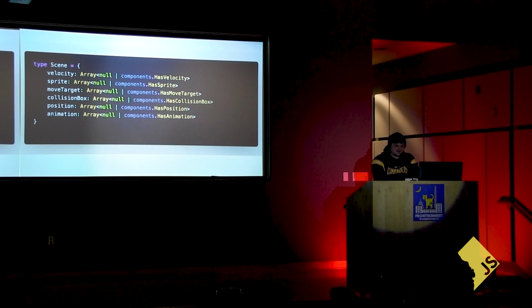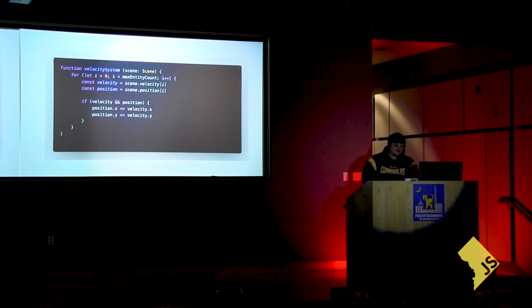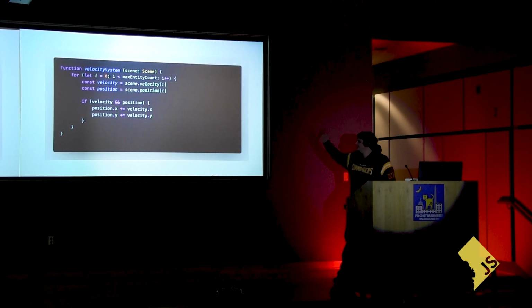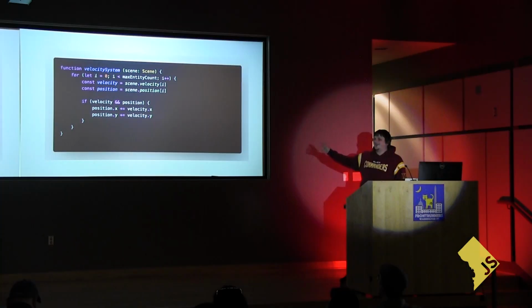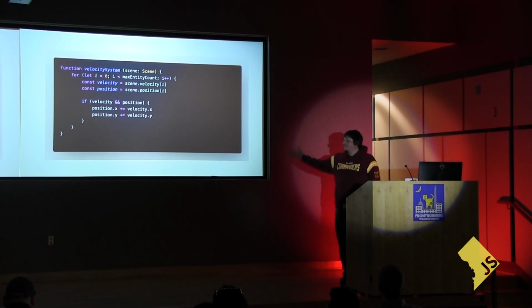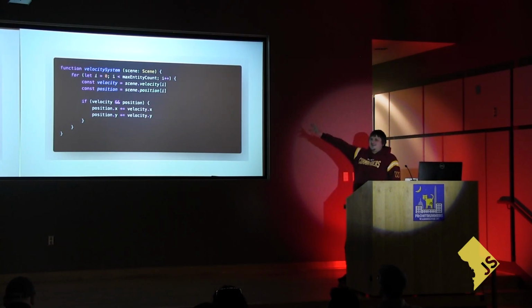Then what's a system? How do we actually act on this scene in order to make stuff happen? Pretty simple. This is not an example that's been dumbed down. If I'm going to do a velocity system, it's going to work like this. So we have that scene that has this giant array of velocities, this giant array of positions. And we're just going to iterate through all the entities in that scene. And we're going to say, hey,